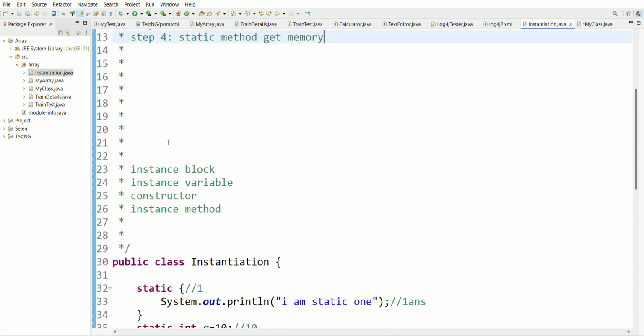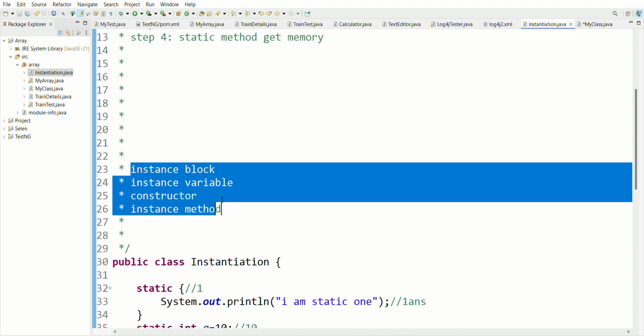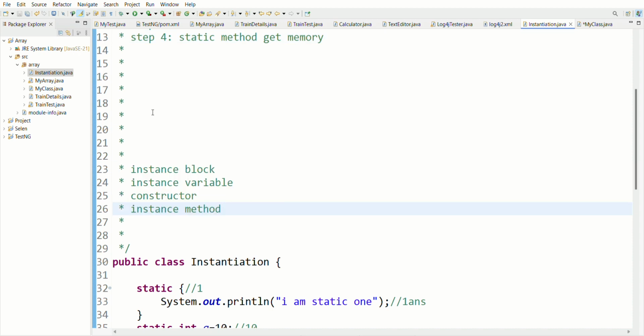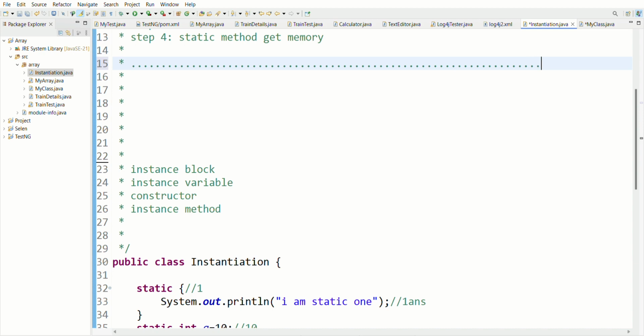Now let me discuss how instance is working. Just for right now, forget about the static. I am not discussing static. I will discuss here only the instance, and after that I will mix both static and instance. Then we will guess the output, what should be the output and what should be the behavior.